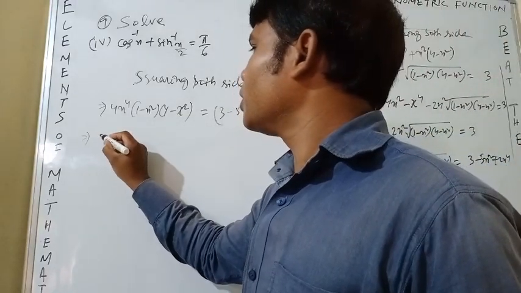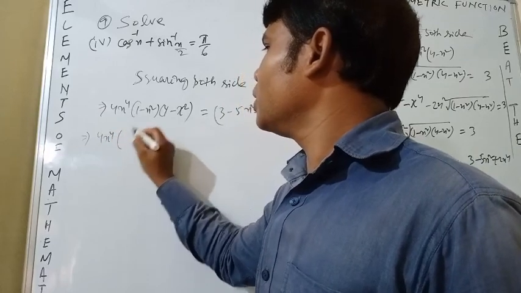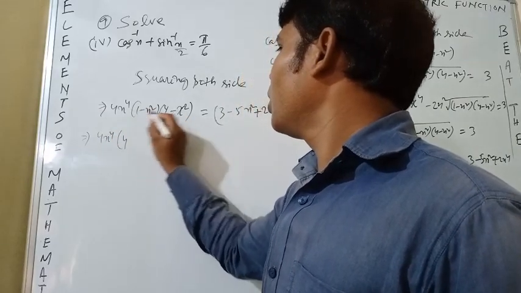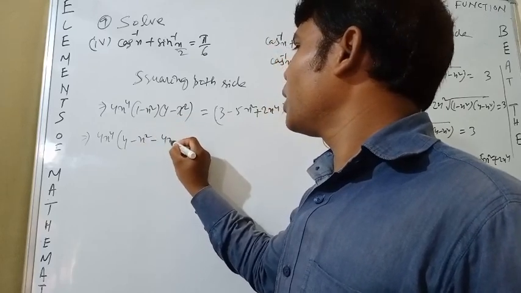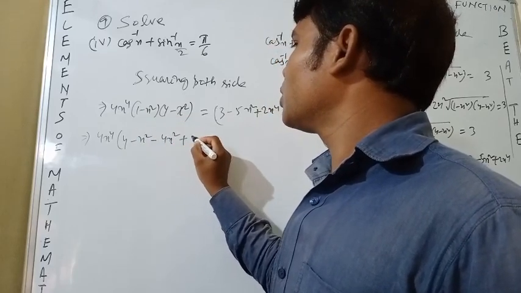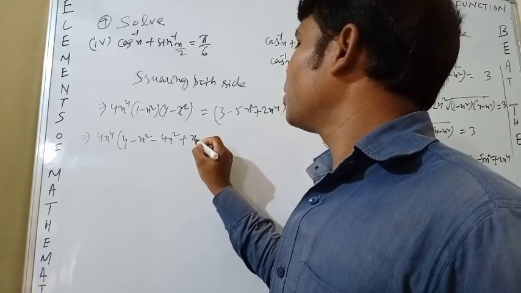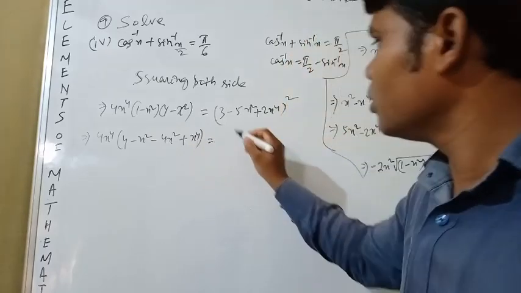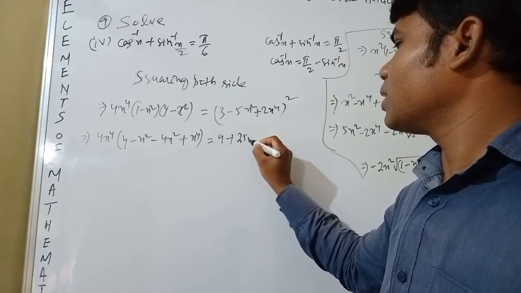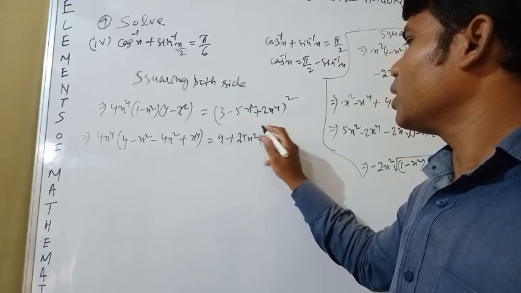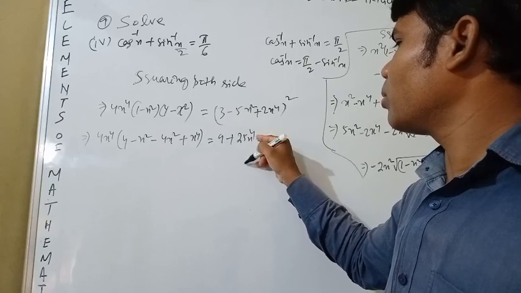This is equal to how much? 4x^4, this is 1 into 4, 4, 1 into minus x square, minus x square, minus 4x square plus x^4 is equal to a square, that is 9, plus b square, that is 25x square, plus c square, 25x^4, okay, plus c square, that is